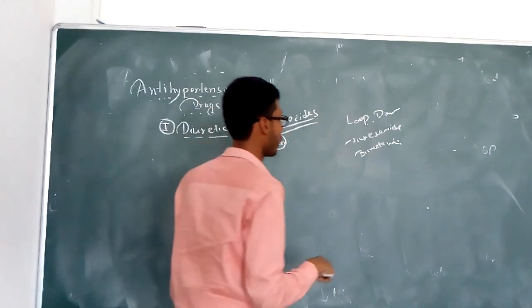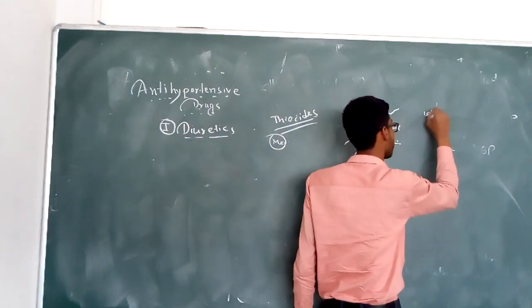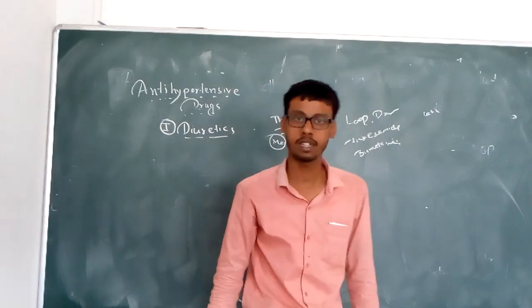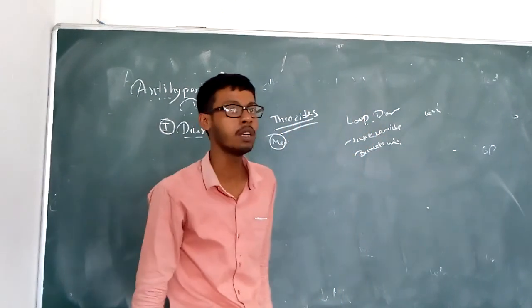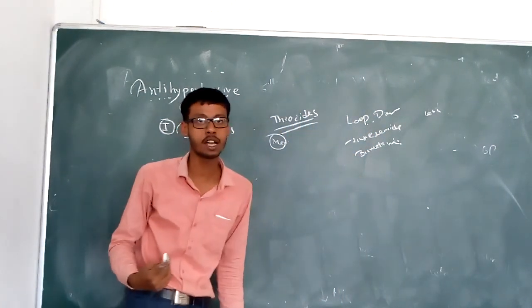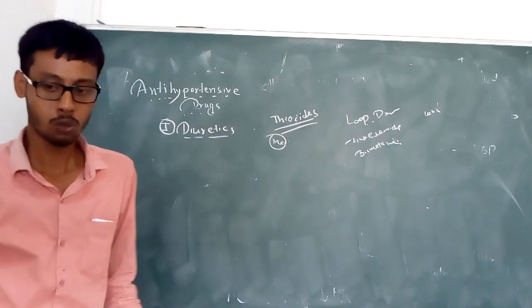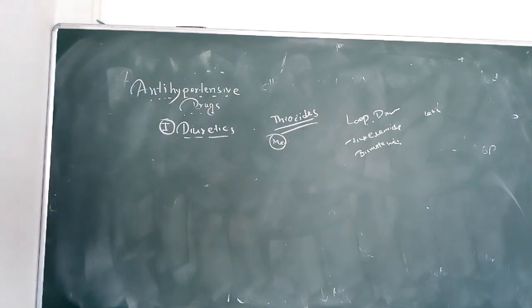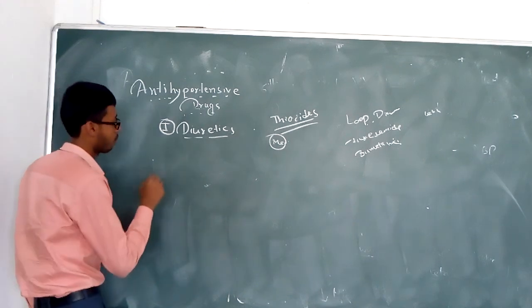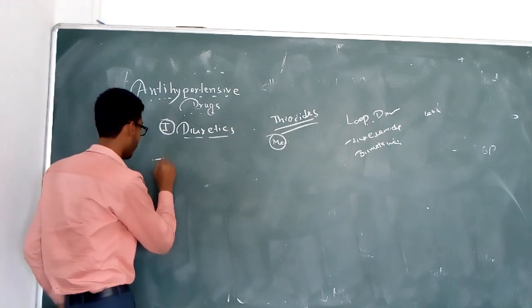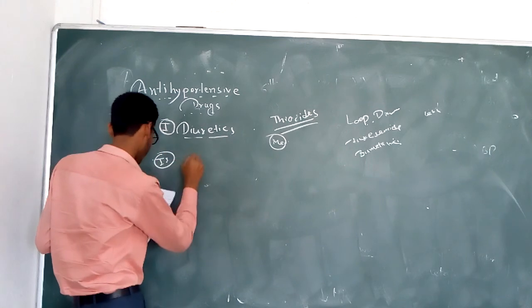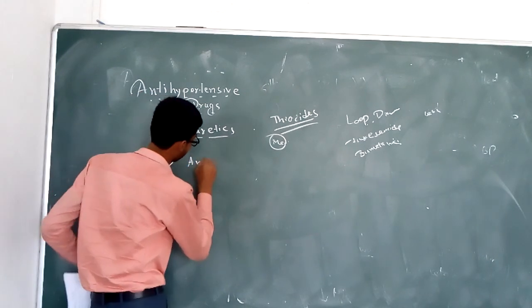And another one is the less efficacy. In the less efficacy, we studied the carbonic anhydrase inhibitor acetazolamide, and also potassium sparing diuretics, spironolactone. So this is the first classification of the antihypertensive drug. In the second, we can say that is the angiotensin